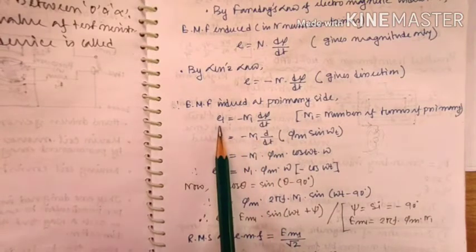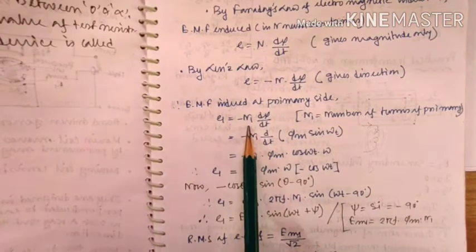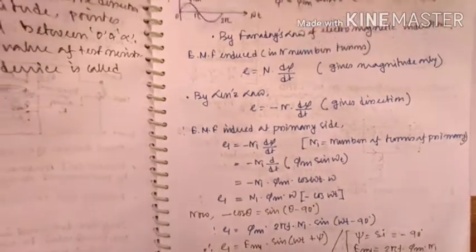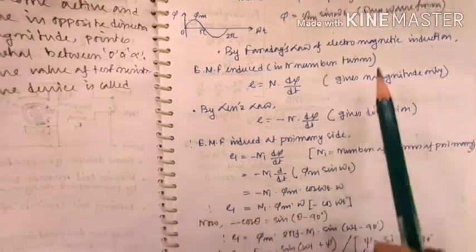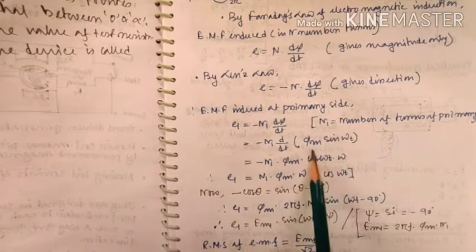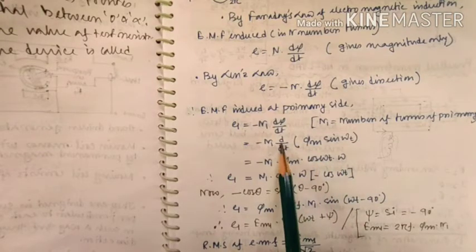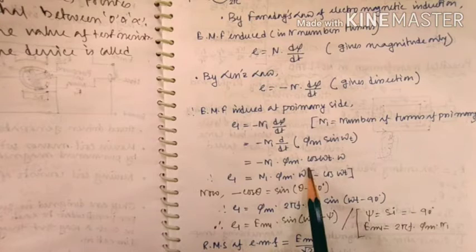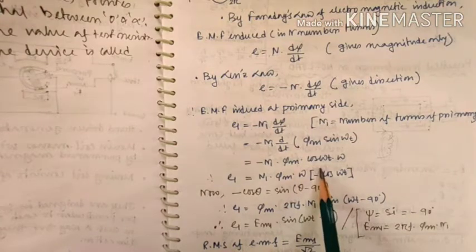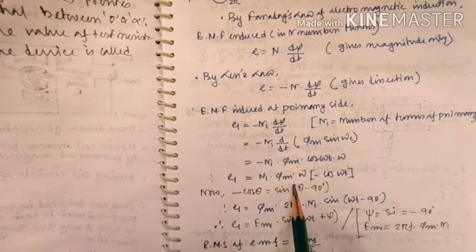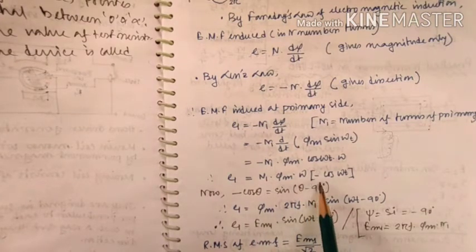The primary induced voltage is E1, N1 is the primary winding number, then it is d phi by dt. Now what is phi? We have written here phi is equal to phi m sin omega t. So now we have put phi is equal to phi m sin omega t. If we differentiate phi m sin omega t, phi m is a constant term, so it will come here, and the derivative of sin is definitely cos omega t multiplied by omega. So the primary induced voltage is equal to N1 phi m omega in bracket minus cos of omega t, because